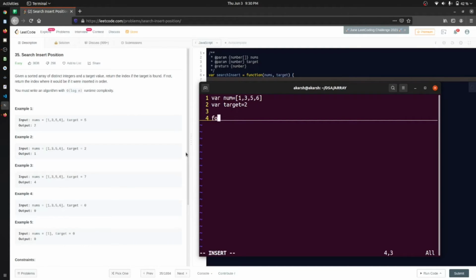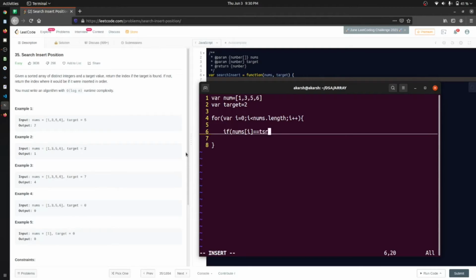Firstly, we will iterate in the array, up to nums dot length, with i plus plus. Just after that, we will check if the element is present at index i or not. If nums at index i is double equal to target, then we will say that yes, the element is present.